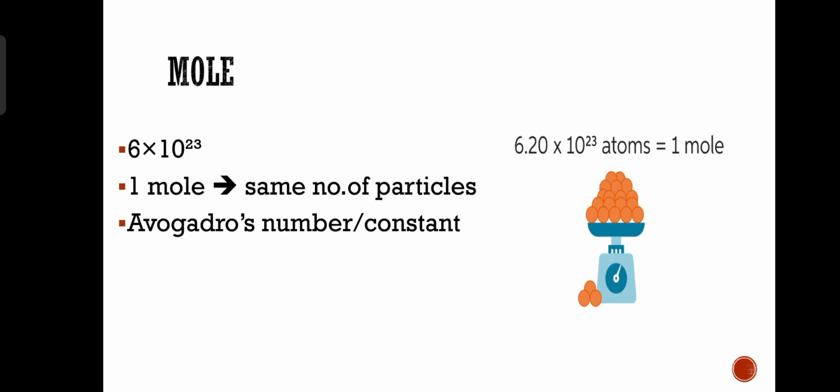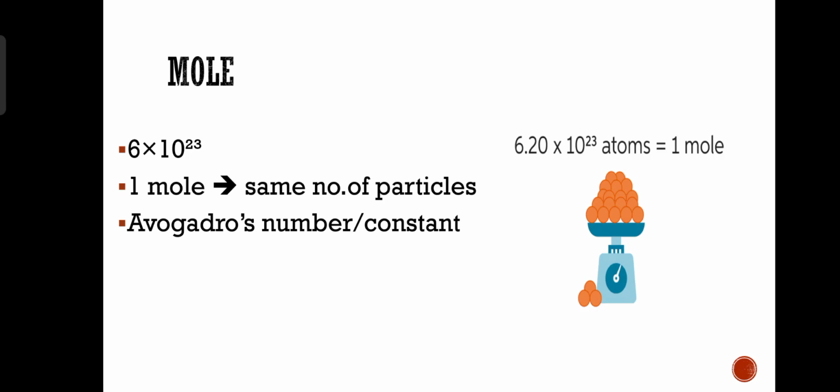But in chemistry, when you study about atoms, you cannot use these terms. Like you cannot use dozens, you cannot use kilograms, grams or pair for an atom, because you know that an atom is a very tiny particle and we cannot see an atom with our human eye. So it is very difficult to count the number of particles in an atom. So to avoid this difficulty,